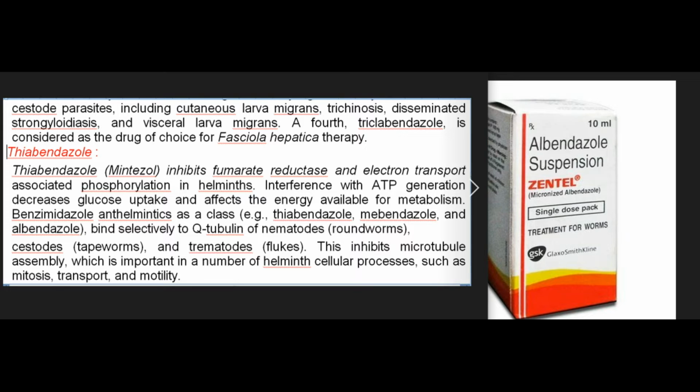Thiabendazole, mebendazole inhibits fumarate reductase and electron transport-associated phosphorylation in helminths. Interference with ATP generation decreases glucose uptake and affects the energy available for metabolism. Benzimidazole anthelmintics as a class, for example thiabendazole, mebendazole, and albendazole, bind selectively to beta-tubulin of nematodes (roundworms), cestodes (tapeworms), and trematodes (flukes). This inhibits microtubule assembly, which is important in a number of helminth cellular processes, such as mitosis, transport,